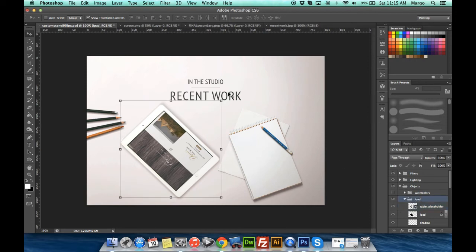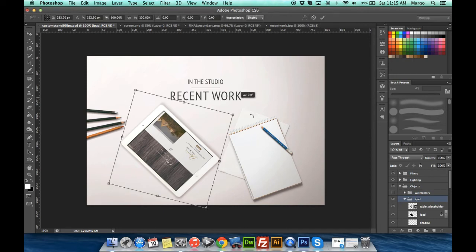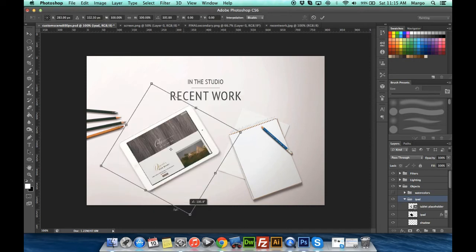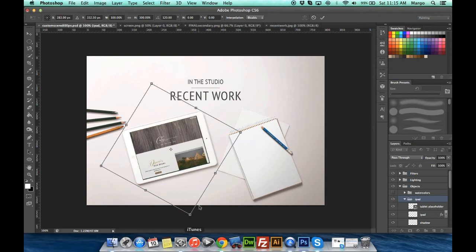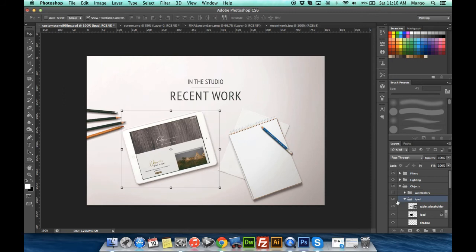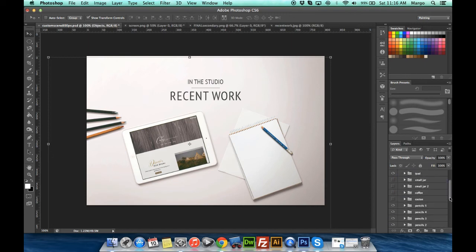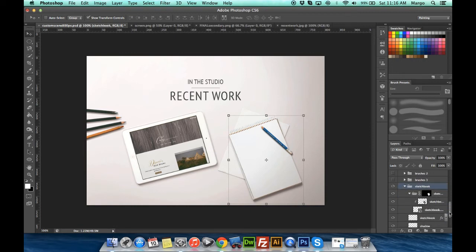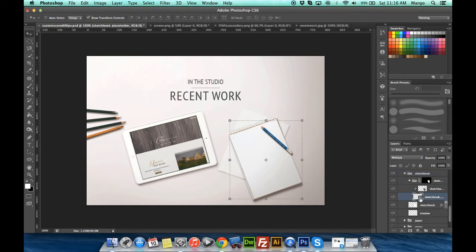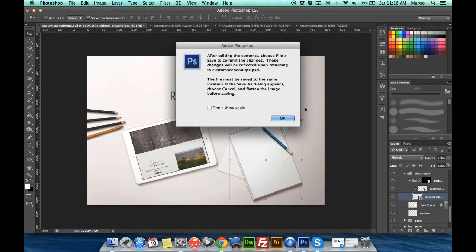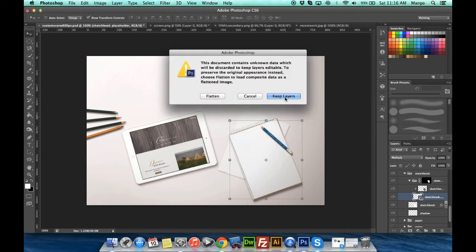Obviously this is not rotated the right way, so I'm going to just fix that. That looks nice. And we're going to do the same thing with our sketchbook. Go down to your sketchbook group here, expand that, and you can see the smart layer again. Double click there, click OK, keep layers,